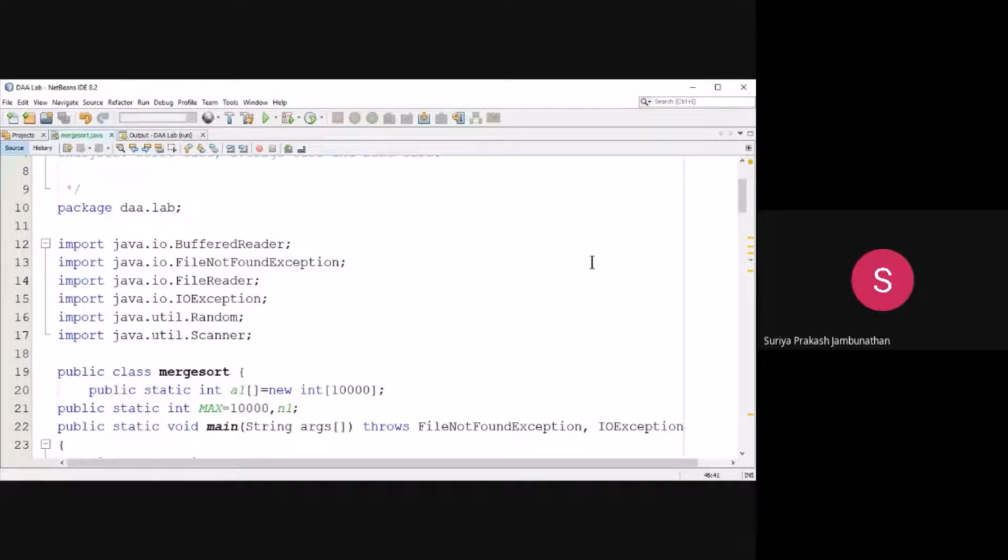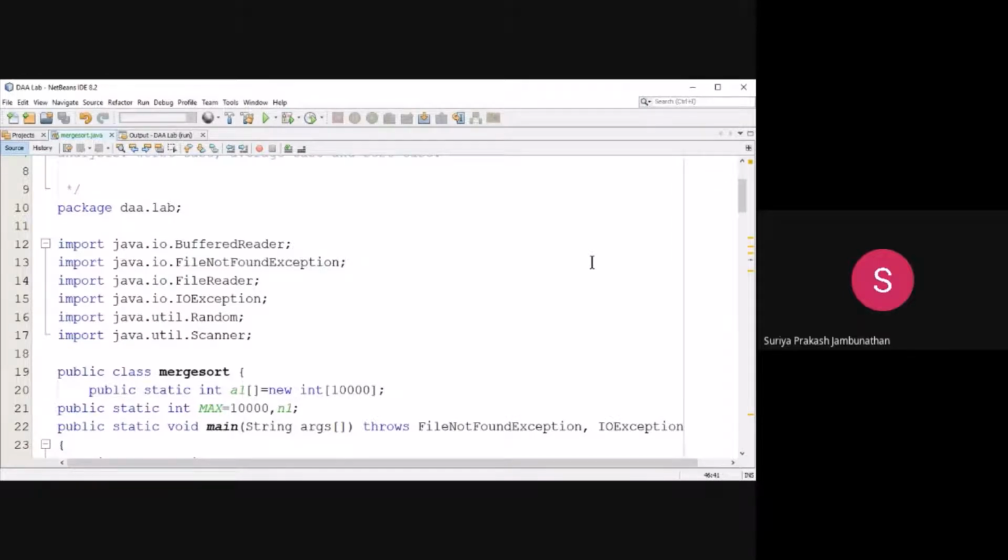Next to that, the Random package we are using. The Random package is for generating random numbers, because in our program we have to generate random numbers, above 5000. So that process has to be done with the use of the Random package. Then last, we are having the Scanner package. The Scanner package is for getting the input from the user. So you know all the Scanner package predefined functions, nextInt, nextFloat, next, all these things we are using. So for that reason, we are importing that package also. So I hope you understand all the packages.